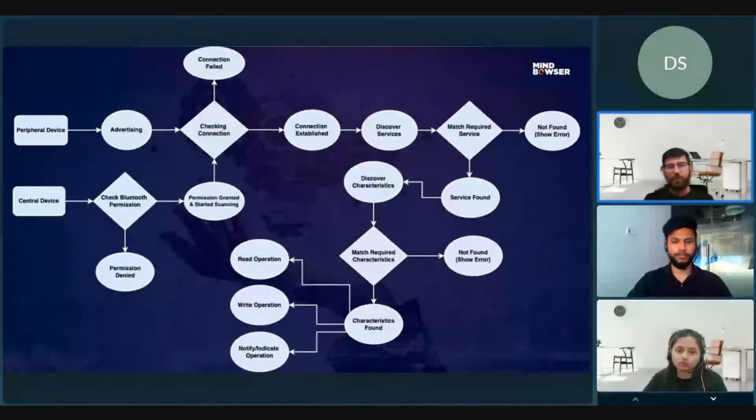So if that service is found, we can go to find the list of characteristics which are associated with that single service. If the list of characteristics is found, we can look for the particular single characteristic on which we want to perform the action or operation: read, write, notify or indicate operation. For these BLE operations, we will get an idea in the upcoming section. So this was the communication flow, and our next agenda is